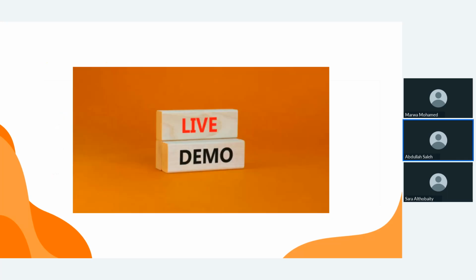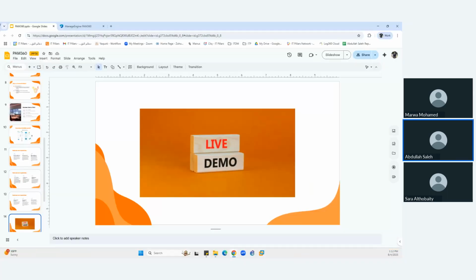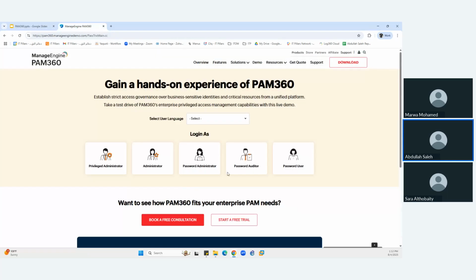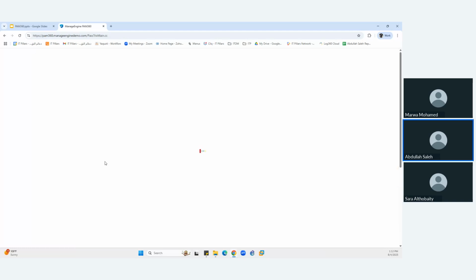Now we'll go to the live demo, inshallah. Here you can see the portal of PAM360. By default, we have 5 predefined roles: password user, password auditor, etc. The root one is the privilege administrator, which is the most powerful role. If we click to log in using this role,